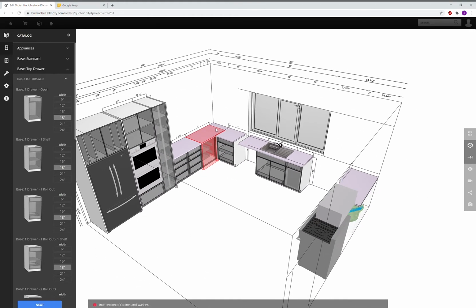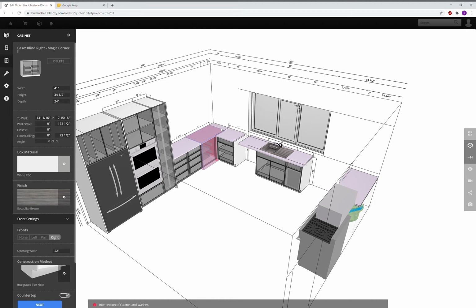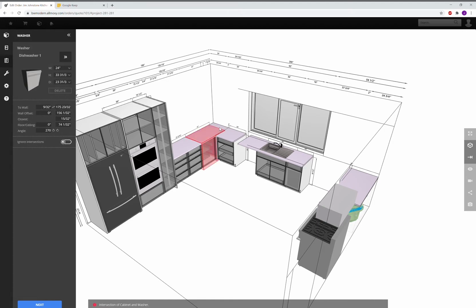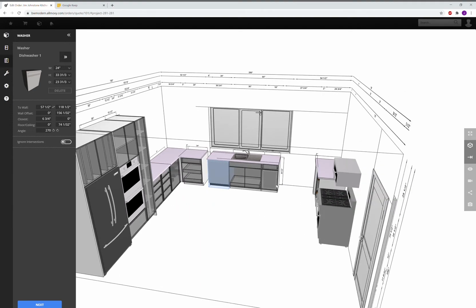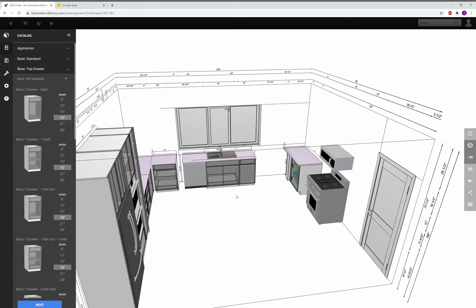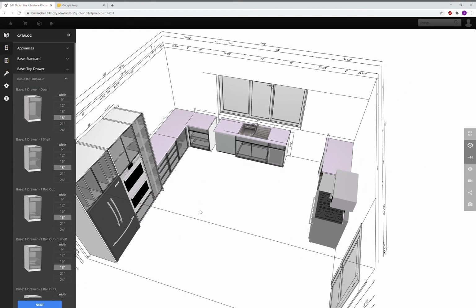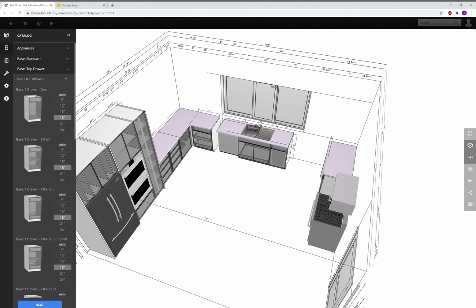That was pretty odd. Not sure where our dishwasher ended up. Oh, it's over here in the corner for some reason. Okay, well now we got it back out of the corner. So that was kind of strange. For whatever reason, it snapped over into the corner there. Usually when something funny like that happens, it'll turn red, and if you just start clicking around in there, you